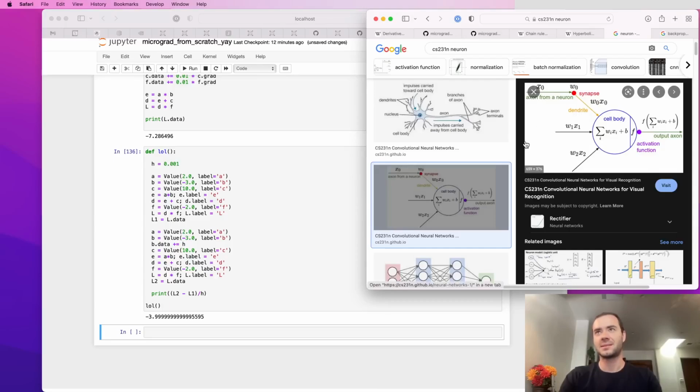You have some inputs, x's, and then you have these synapses that have weights on them. So the w's are weights. And then the synapse interacts with the input to this neuron multiplicatively. So what flows to the cell body of this neuron is w times x. But there's multiple inputs, so there's many w times x's flowing into the cell body. The cell body then also has some bias. So this is kind of like the innate trigger happiness of this neuron. This bias can make it a bit more trigger happy or a bit less trigger happy, regardless of the input. But basically, we're taking all the w times x of all the inputs, adding the bias, and then we